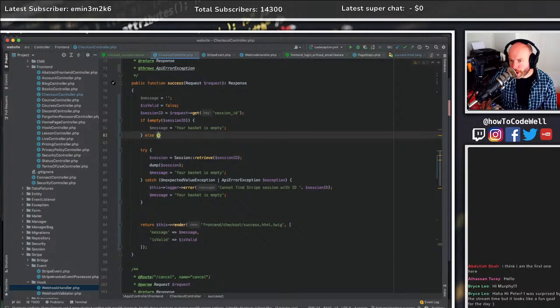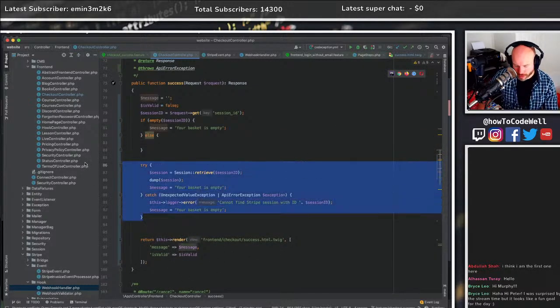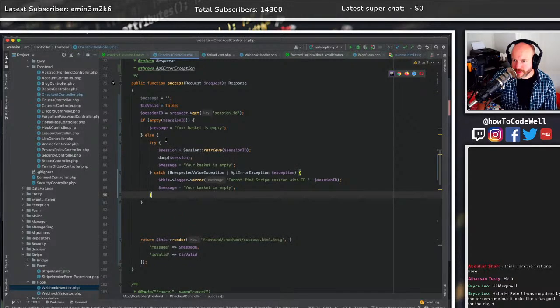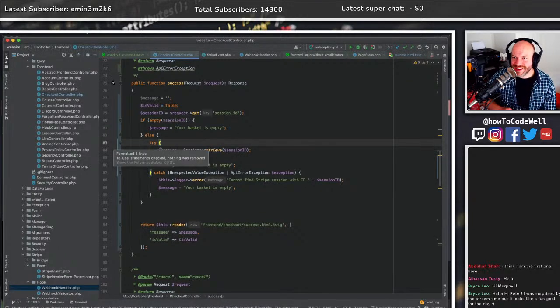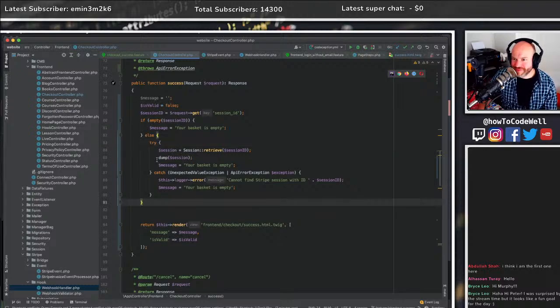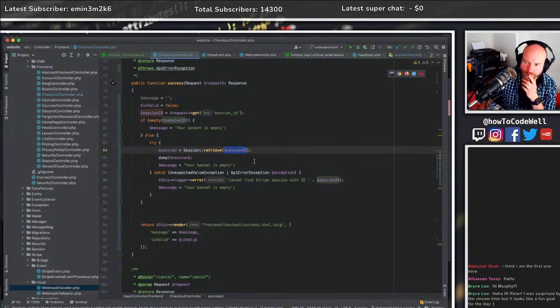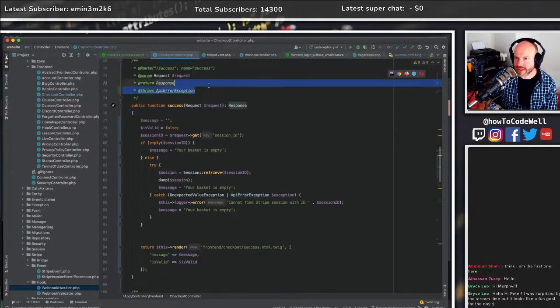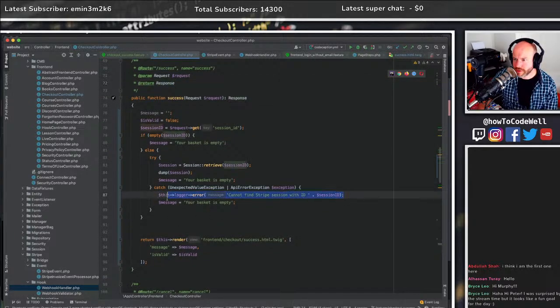Right, let's make some horrible code. This obviously needs to be refactored big time. But there we go. Don't worry, it's not going to stay like this. I suppose what I should do is create, it doesn't throw that anymore, because I caught it. I suppose what we should also do is log that error out as well, otherwise I'm just gonna